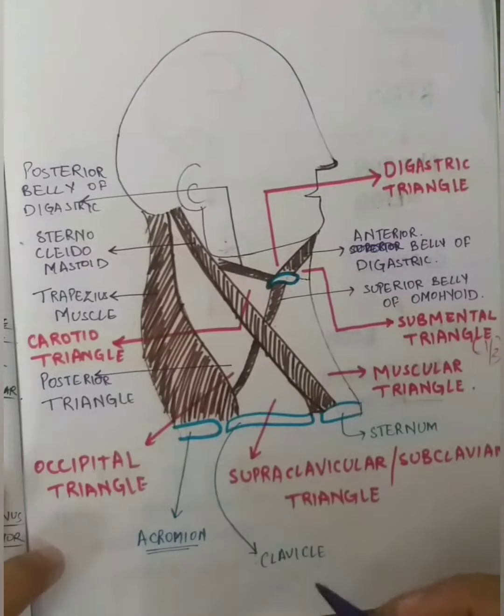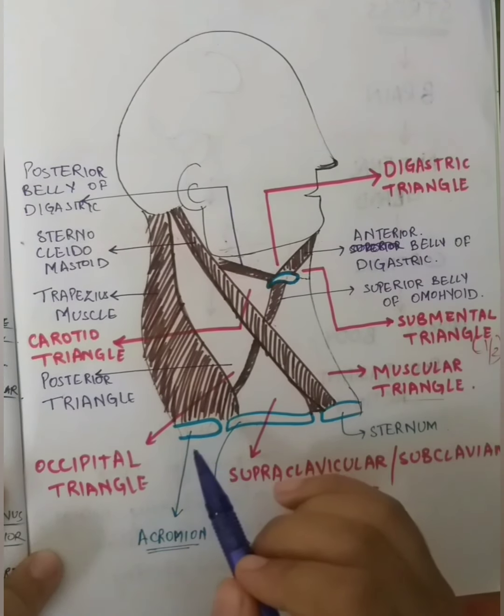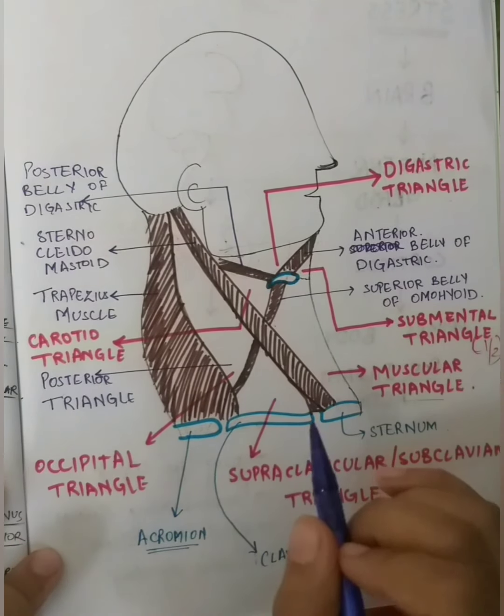Anyways, today we'll be focusing on the posterior triangle mostly. So in this video mainly I'll be telling you two things. First of all, I'll be telling you about all the boundaries of all the triangles in our neck, and second thing is that I'll be telling you in detail about the posterior triangle. Over here you can see lateral view of the neck. In this picture I'll show you boundaries of all the triangles in our neck.